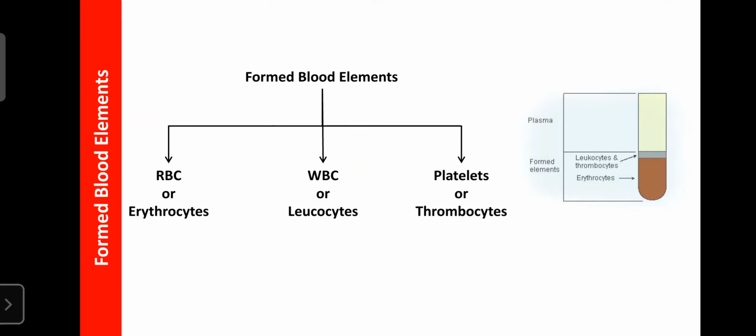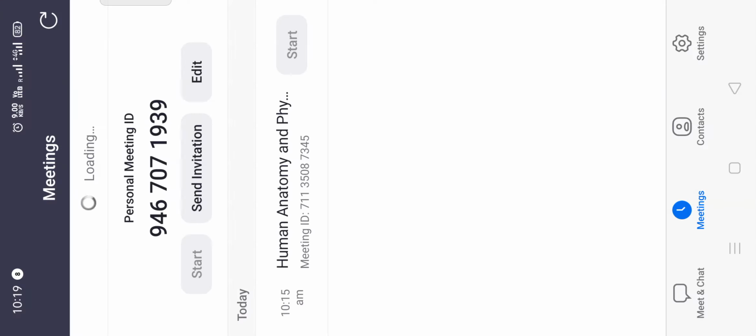The formed elements present in the blood are mainly of three types. That is the RBC, also known as the erythrocytes. These RBC have an important role in the